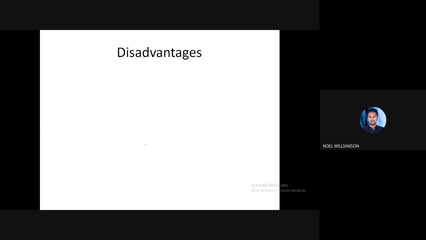First thing is low MRR. Only the material removal rate is very low. Low MRR, because we know the material removal or addition, both things are happening only at a micro level. So ultimately we can say there is only a low material removal rate. And the same thing is given, that is a very shallow treatment.